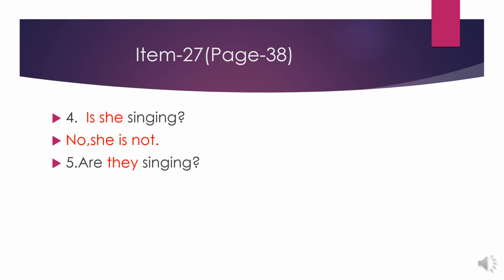The missing word is they. Okay, you got it, the missing word. Which one is the missing word? Are they. Why have we used the pronoun they here? Because it is about more than one person, more than two people, if it is about plural number and about human beings, then of course we use the pronoun they. They, we, etc. So, are they singing?